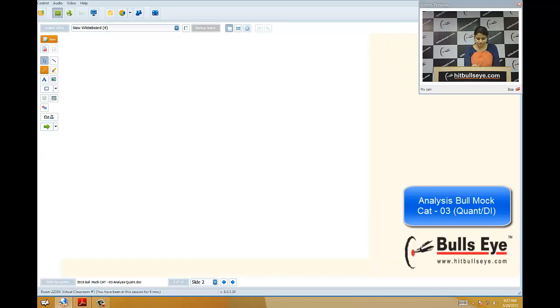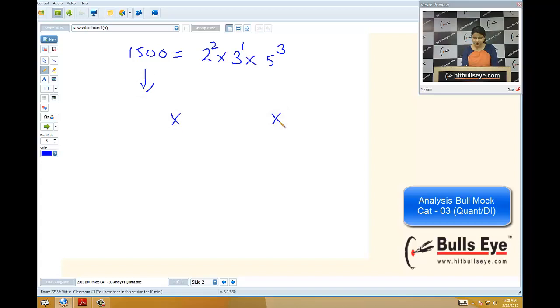See, suppose I take 1500. The prime factorization will be 2 square into 3 into 5 cube. That is the prime factorization for 1500. Now we want to write 1500 as a product of three integers such that,